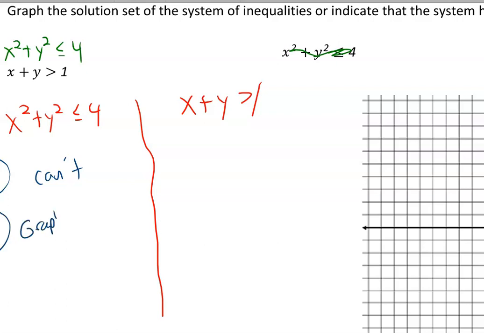Step 2, we graph this as an equation. That's going to be x squared plus y squared equals 4. It's the same thing we did before. The center is at 0, 0. The radius is 2, right? So the center,